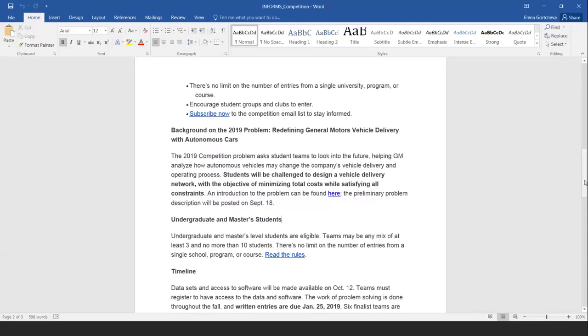Just read the document. It's totally extracurricular, no credit. It's just pride, and if you win, you may get a prize, not only to put on your resume, but also some money. So that is the thing. With no more, just read and respond as instructed in the document. Thank you.